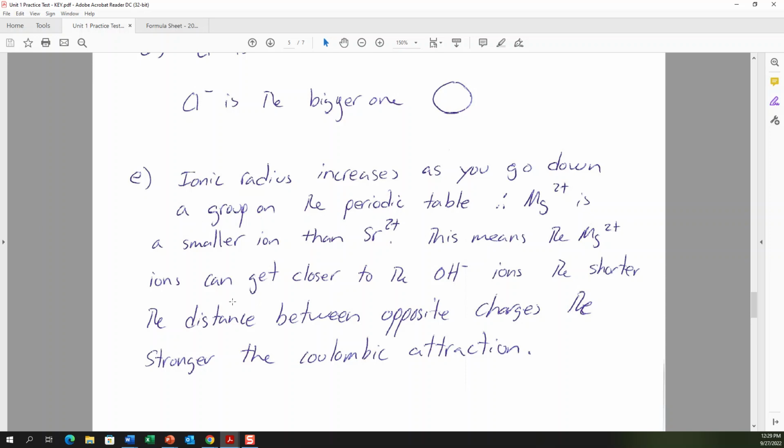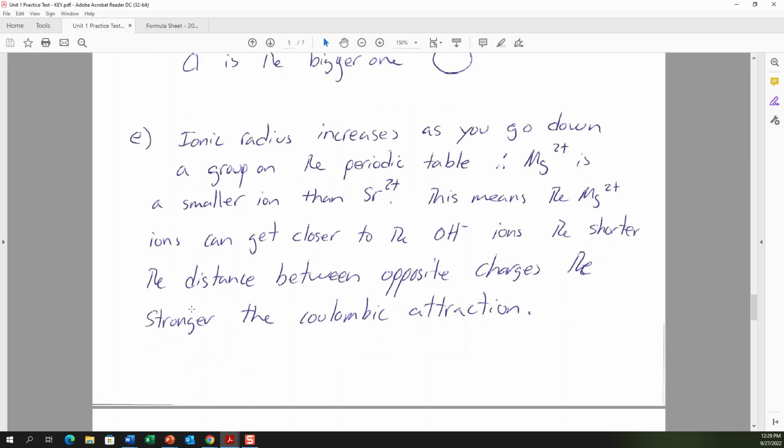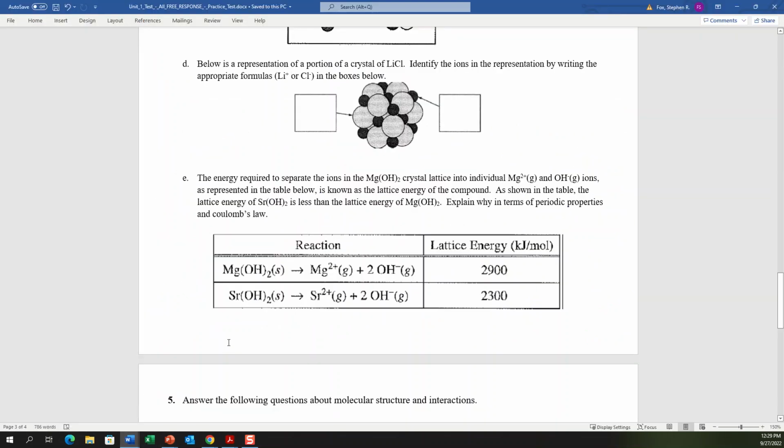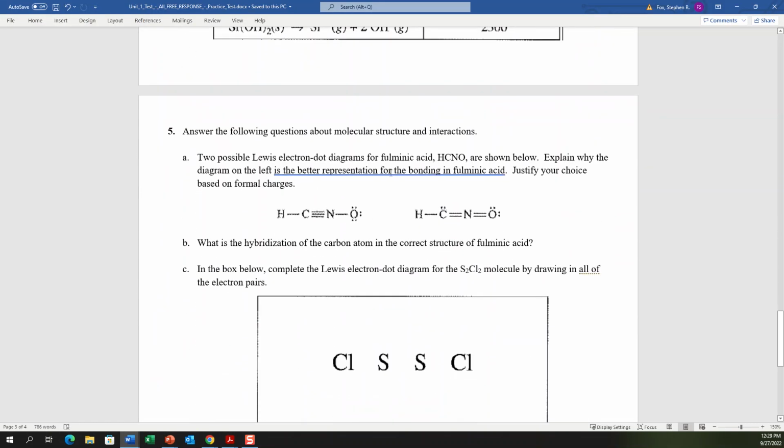This means magnesium 2 plus ions can get closer to the hydroxide ions, and the shorter the distance between the opposite charges, the stronger the attraction. So that just increases the Coulombic attraction. I threw in the word Coulombic there because it said mention Coulomb's law, so there you go. So that works. All right, so number 5, we did this example in class,